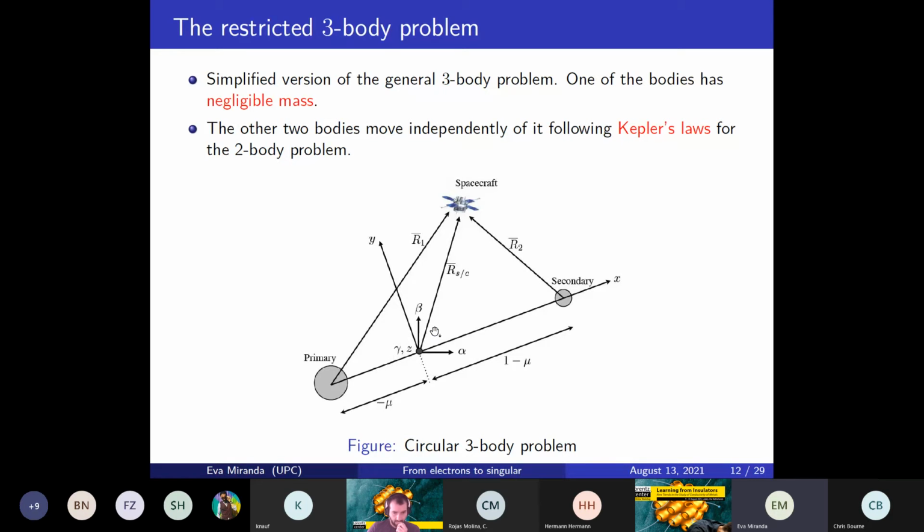And then there are several classes of this restricted three-body problem, like the restricted planar three-body problem, circular, etc. We assume that we are in the circular planar restricted three-body problem. When we are in the circular planar restricted three-body problem,